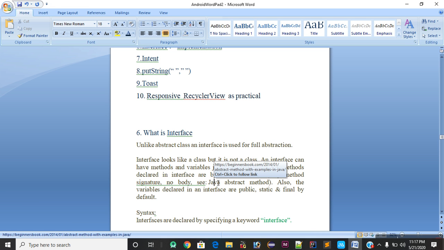One thing is hitting your mind: what is abstraction? So guys, I will clear up in this video what abstraction is. Abstraction is a process to only see the relevant data and hide unnecessary detail of an object from the user. Guys, let us try to understand this a little. An abstraction only provides us the relevant data, and the unnecessary details and unnecessary information it keeps hidden from us as an object.